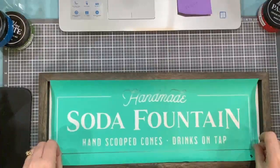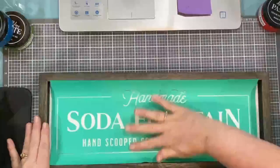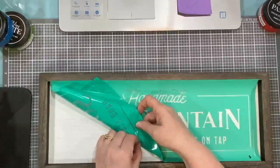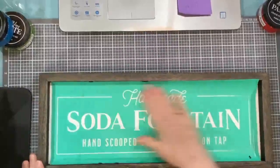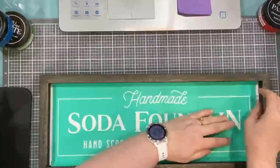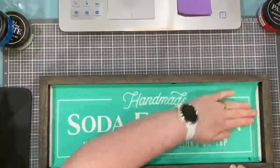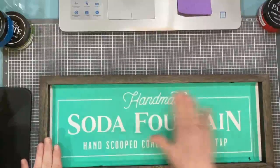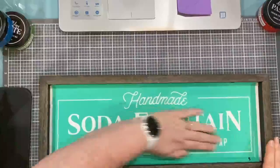See how we're doing here. Okay, if anybody has any questions, just feel free to, I got something underneath my transfer there. A little too much fuzz, it looks like. Okay, so that's where I'm going to put it, is right there. And you guys know you got to get all of your air bubbles out. And you only need to stick down where the white is showing through, because our transfers are like a silk